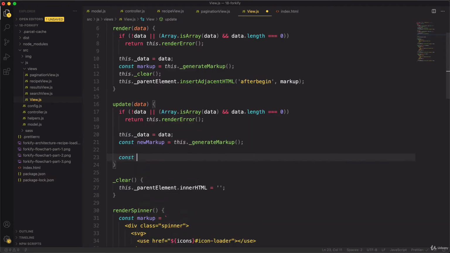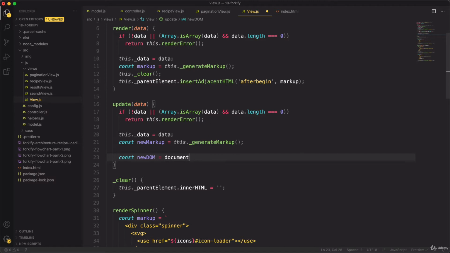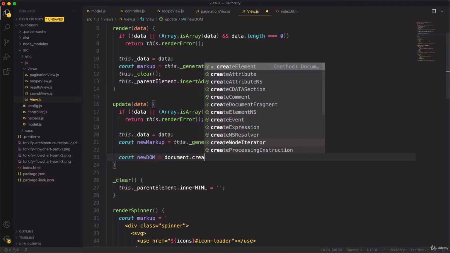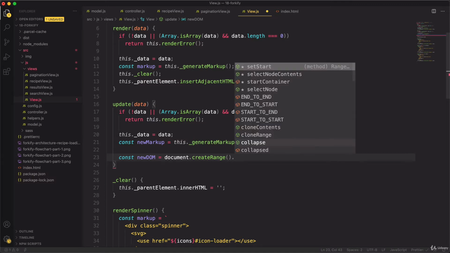So let's do that and create new DOM. And so document, and then we need to call a function called createRange. Okay, so this will create something called a range, and on the range we can then call yet another method,